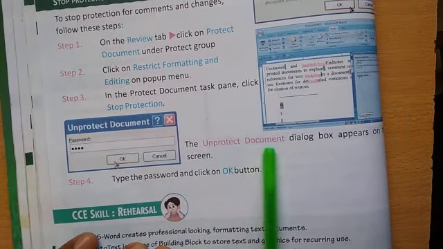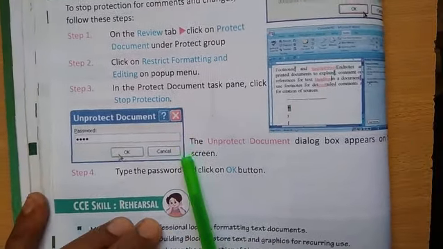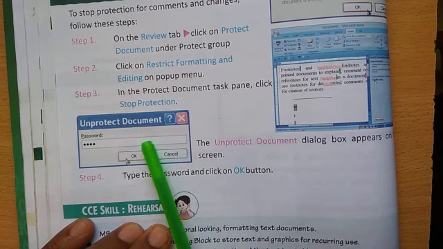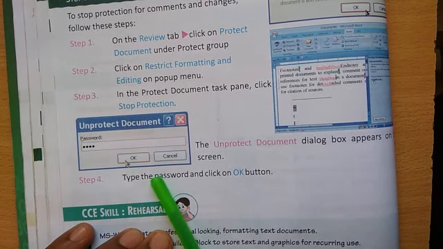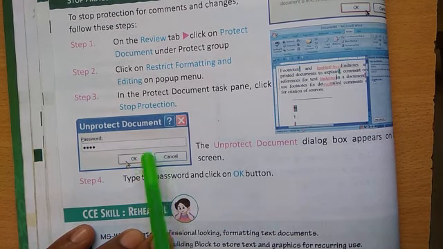And the Unprotect Document dialog box appears on the screen as given in your book. Unprotect document, password given here. Whatever password you have given, that password you have to give here.